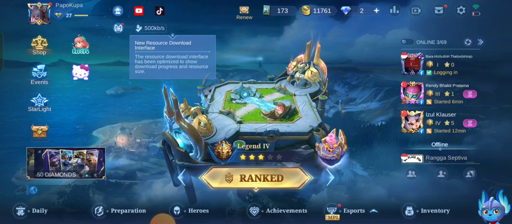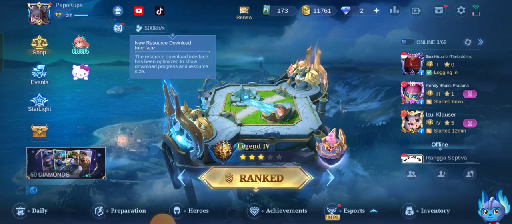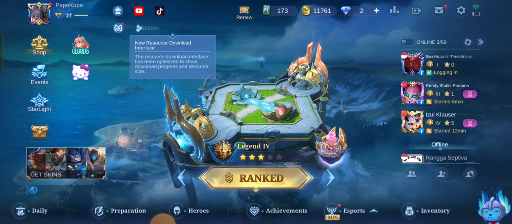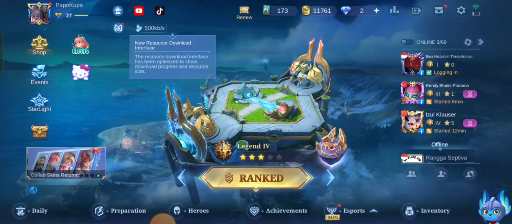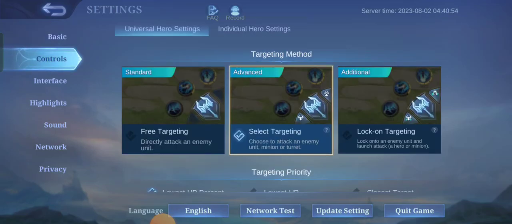First thing you need to do is log in to your Mobile Legends account, and after you're in the lobby like this, you can click the settings button on the right above over here. Then you can find basic and controls, interface, highlight, sound, network, privacy, and you can choose controls, and over here you can scroll down a little bit